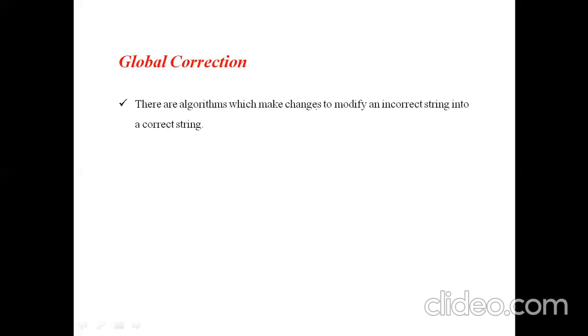Based on the errors generated, it will try to suggest modifications to the total program. Here, correction or modification is suggested on the entire program, not only a particular string. That's why it is called global correction. These are the algorithms: global correction will use algorithms to change an incorrect string into a correct string.